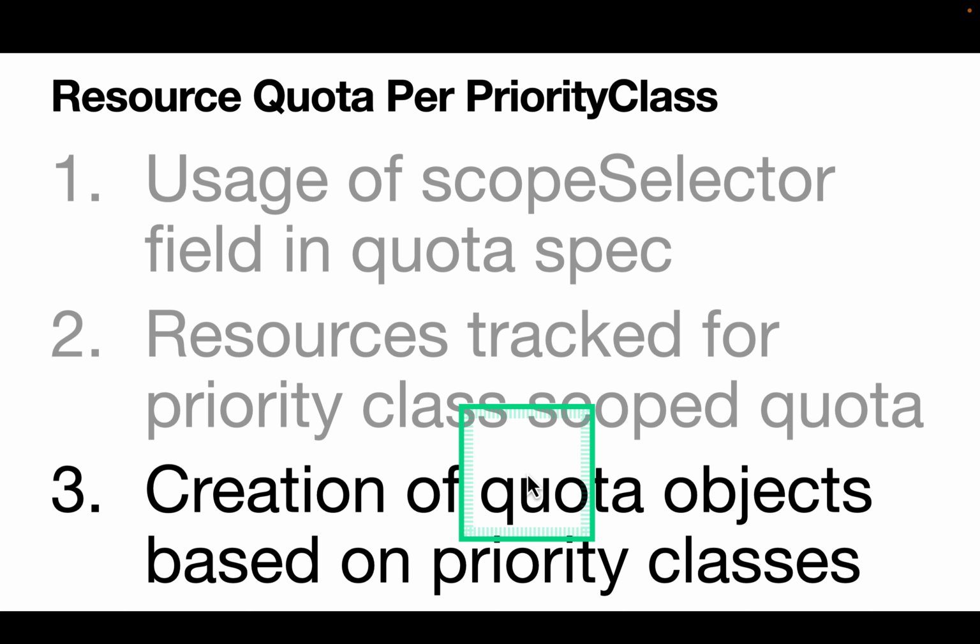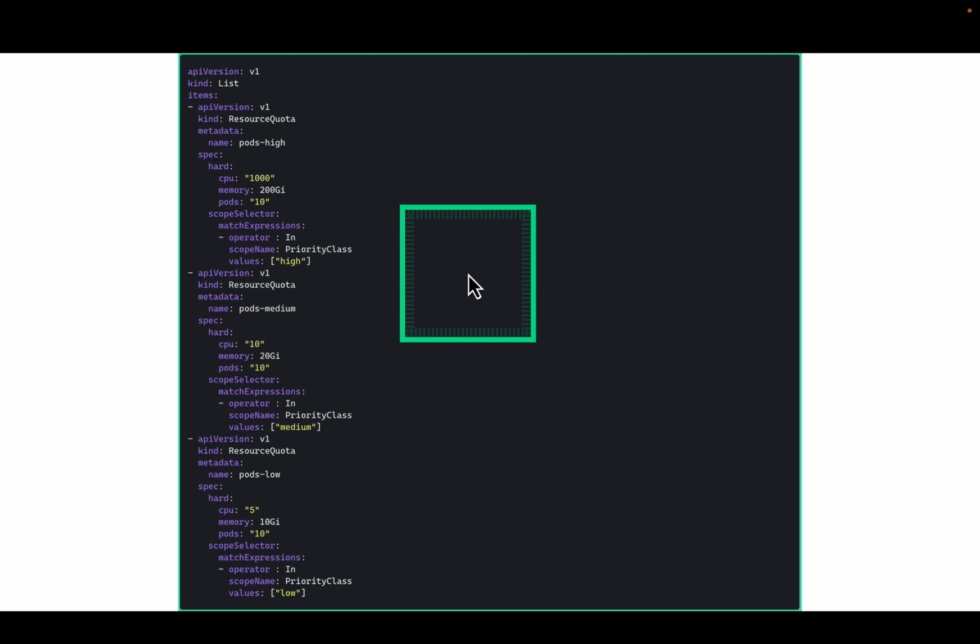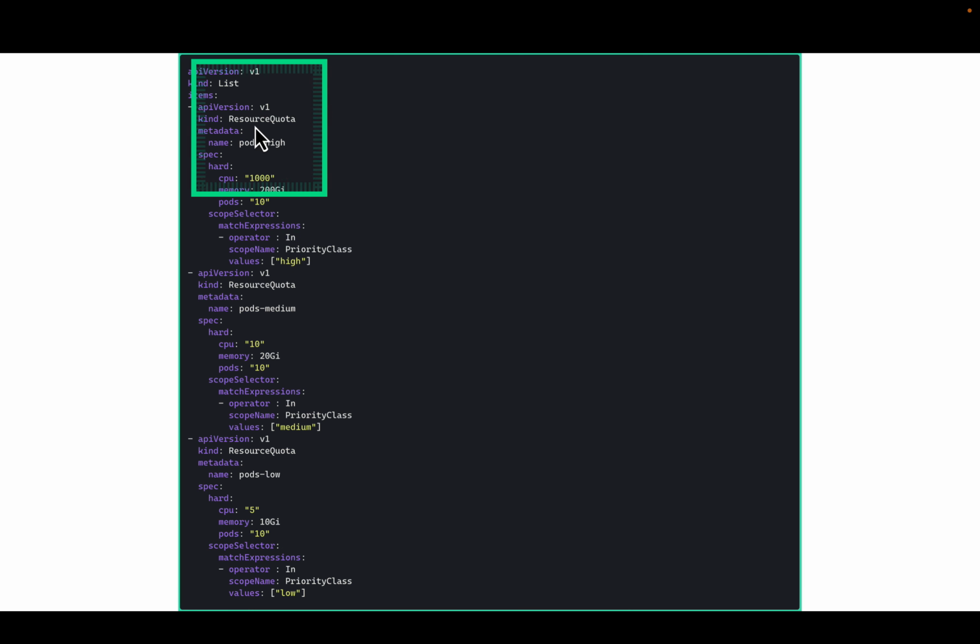Pods in the cluster can have one of the three priority classes: low, medium, high. One quota object is created for each priority. So this is one example of resource quota and priority class. So this one is having